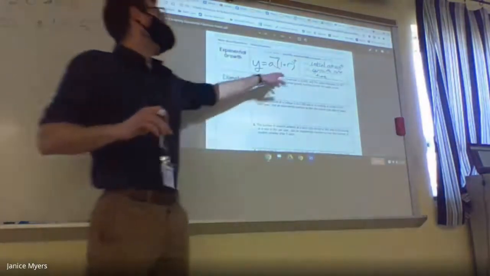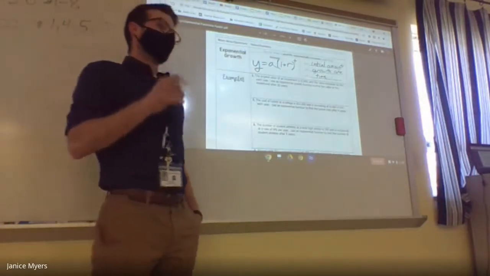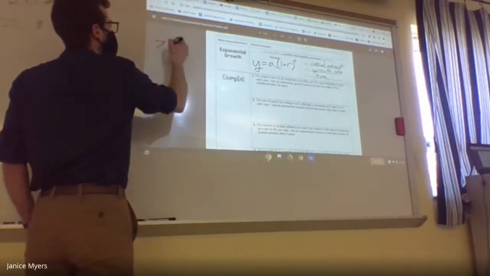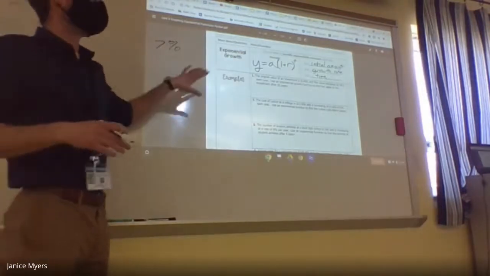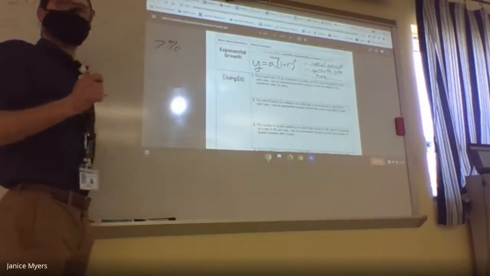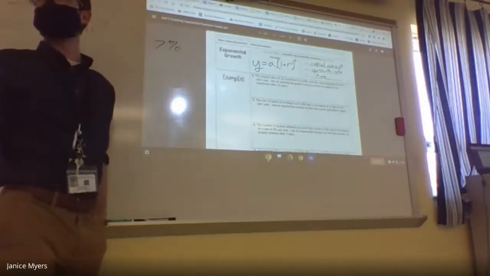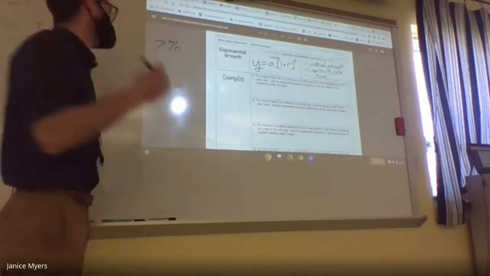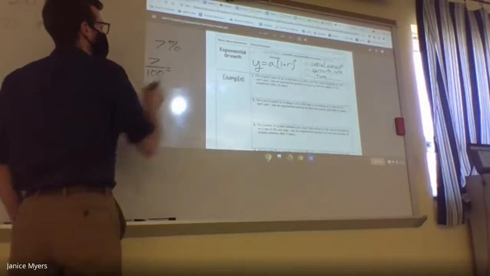Now, one important thing to note about your R is that it is going to be in decimal form. You're going to be given a percentage in the problems. Let's just say 7%. This has to be converted to a decimal in order to be able to use this formula correctly. So, can anyone tell me how you convert a percentage to a decimal? Close. That's how to get to a percentage. So, opposite. Divide. Yeah. So you can divide the percentage by 100. So you got 7 divided by 100, which will give you